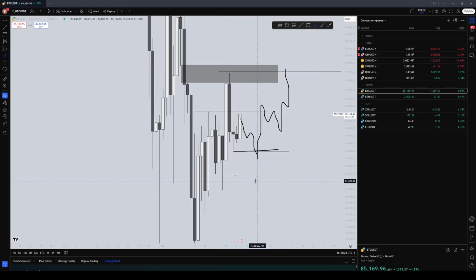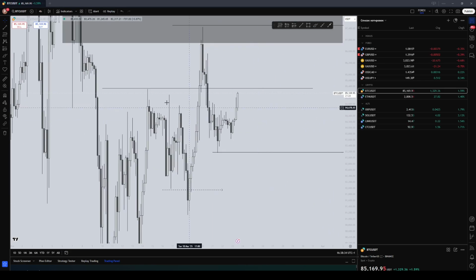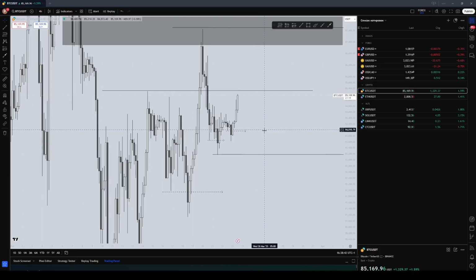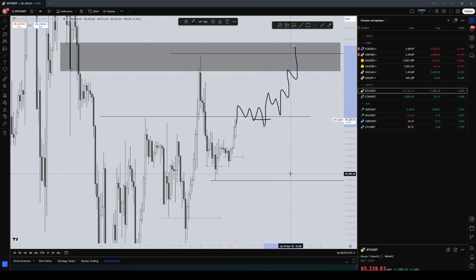Also, I checked the 4 hours time frame, and there I can see that price already started forming a long trend. So it's information for me that price could continue long without liquidity collection of this daily liquidity. So I understand that, okay, if price will show me a good continuation of the long on Monday, I can look for continuation without worrying that price will go for this liquidity lower. Yeah, because already in lower time frame, I can see enough information that price wants to continue long trend.